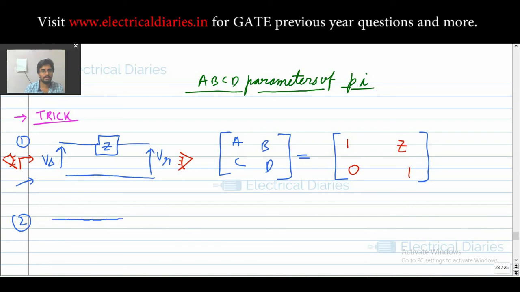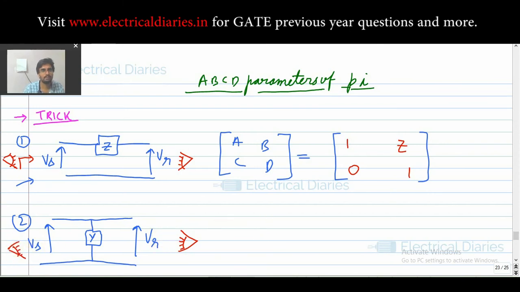And the second thing is, if you are given something like this, note that the difference is here: the admittance is given to you. Always remember, the admittance is given to you and the element is in this fashion. These are the sending end and receiving end voltages. Now again you look from this side, and from this side, it is the same thing.